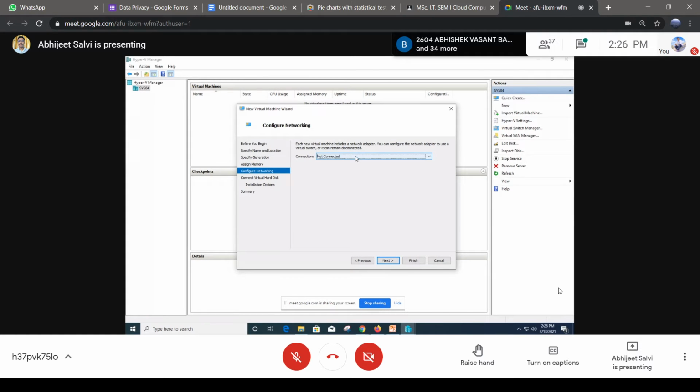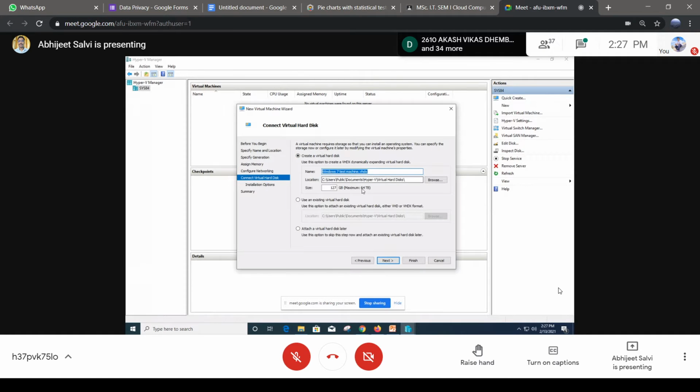Either you can select the default switch or you can create a networking switch, a V switch as we call it, and configure it. That we'll see later on, how to configure our own virtual switch. After this, we'll just click Next.